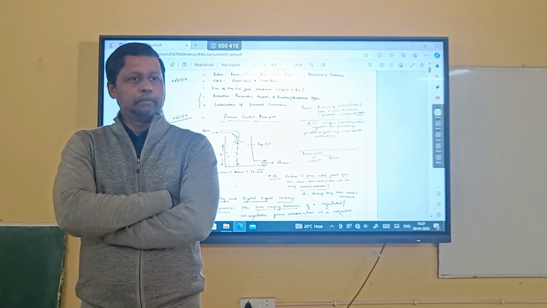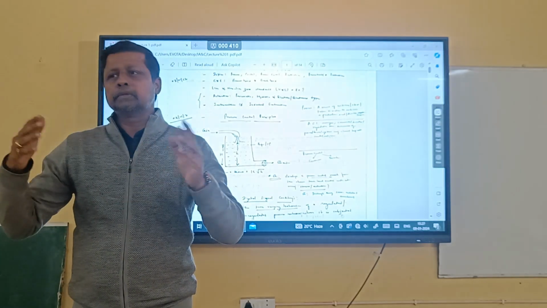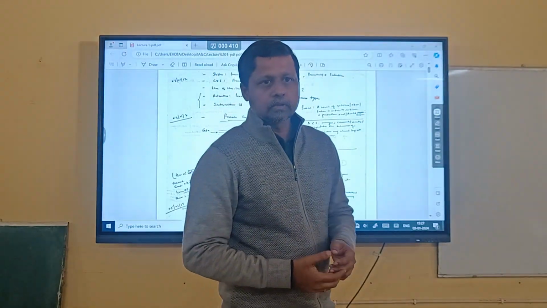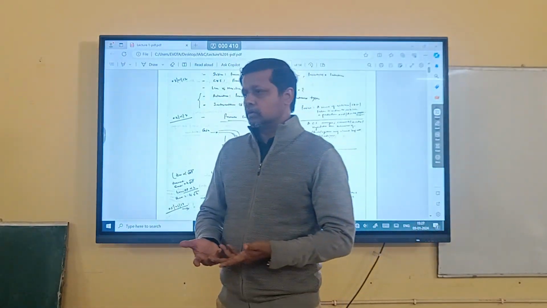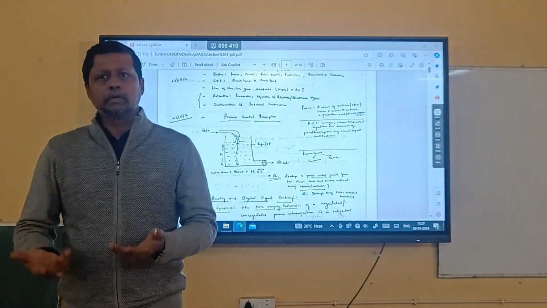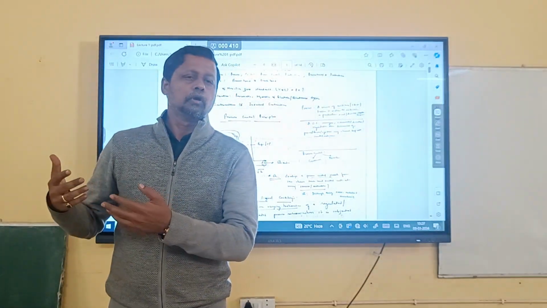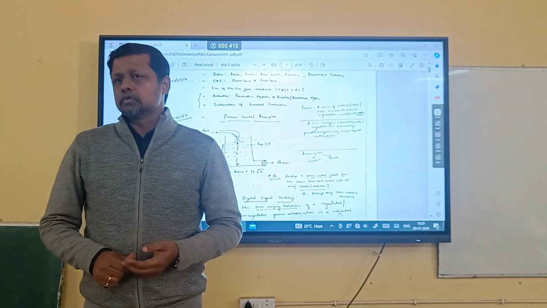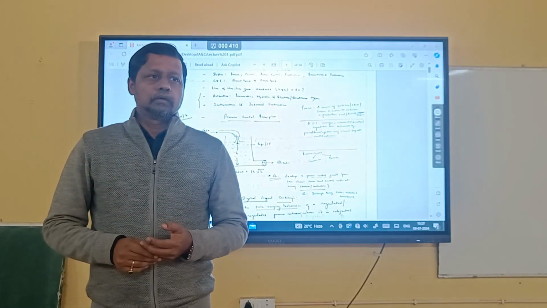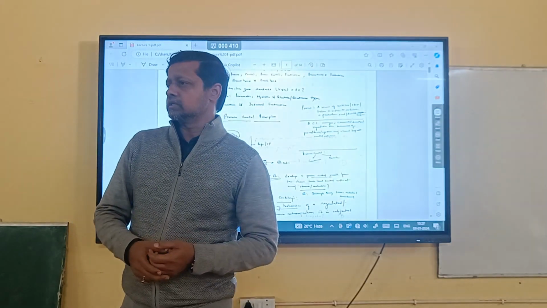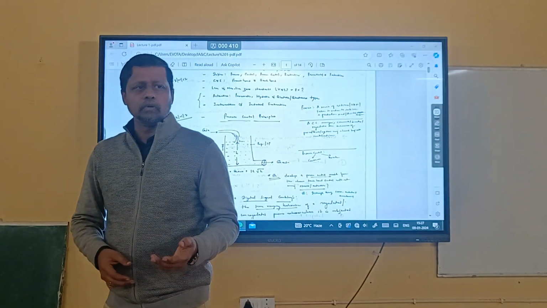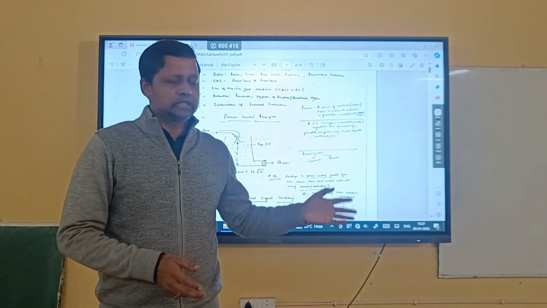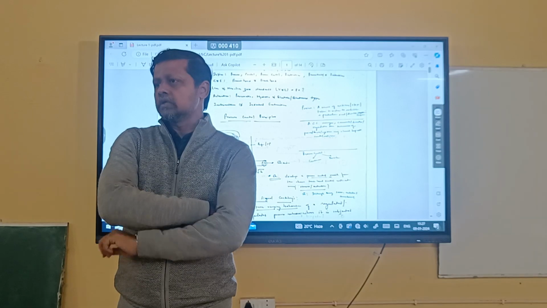Example of embedded control. A control system can be classified in so many ways. You might have studied linear control systems. You will study non-linear control also, adaptive control, optimal control. Nowadays we call it intelligent control. Get it? Right? So, as far as smart devices are concerned, your smartwatch, your smartphone, or whatever kind of smart device we have. Even this is a smart panel. This is not a simple display.